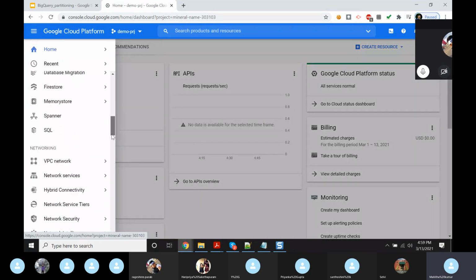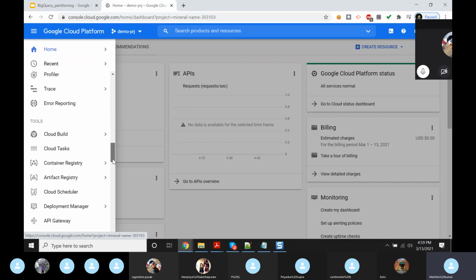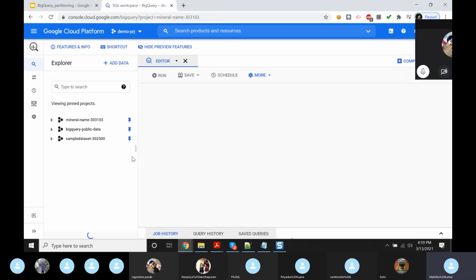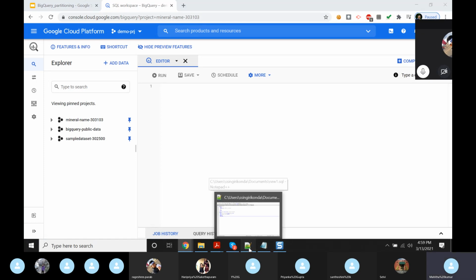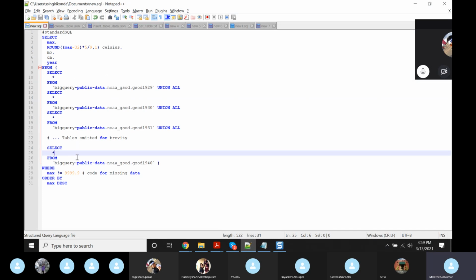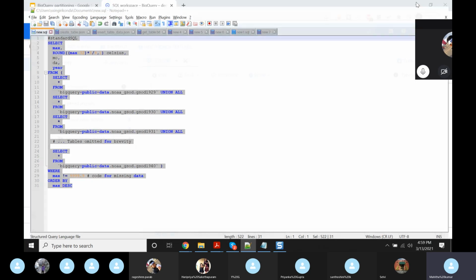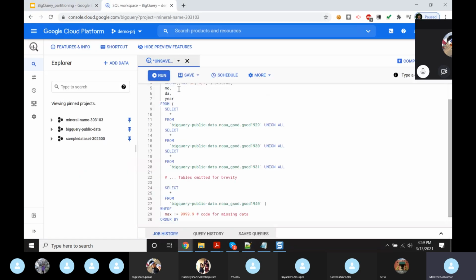Go to BigQuery. So I have the code, similar to what we have seen. So we know what we are querying here, right?